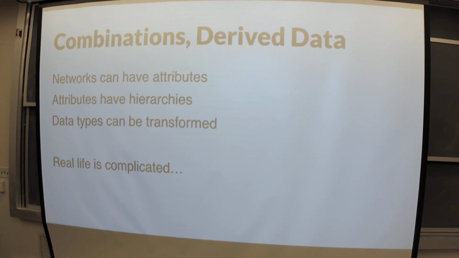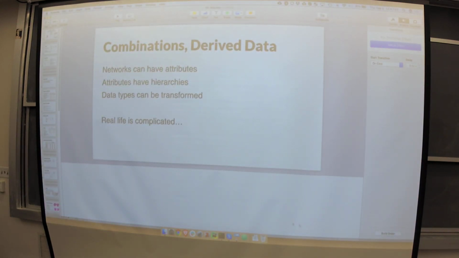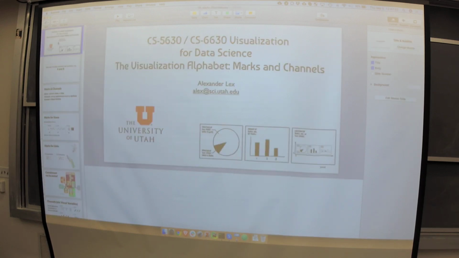And of course, in reality, it's not going to be so clean, right? You will have tables that are combined with networks, attributes to have hierarchies. Data types can be transformed as I like. So in reality, life is complicated, and we'll basically have to make these data transformation decisions as we create the visualization to simply communicate data. Okay, that wraps up the data lecture, and I want to move on to the lecture about marks and channels. And to do that,